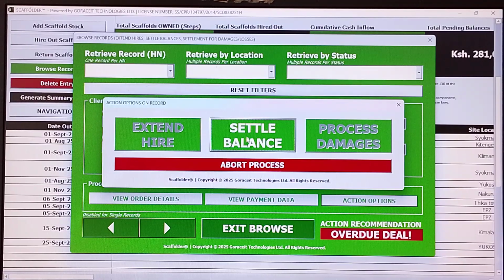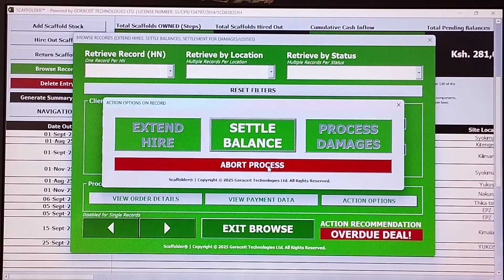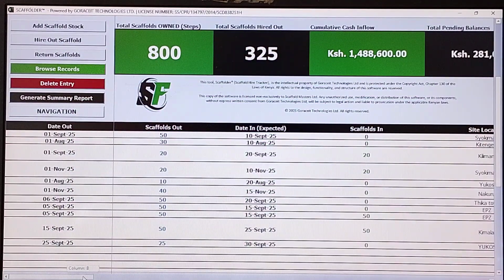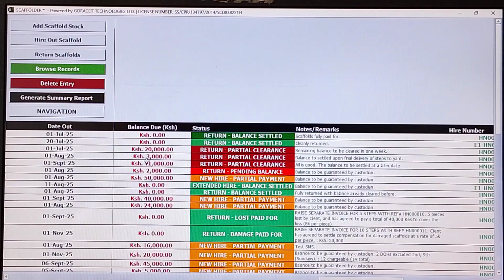There are no damages. The only thing you can do is settle this balance of 20,000. Now, let me settle this balance as an act of processing this record. To do that, first of all, I want you to see, this is HN02. I want you to see the status of this record, HN02. So there you have, see,